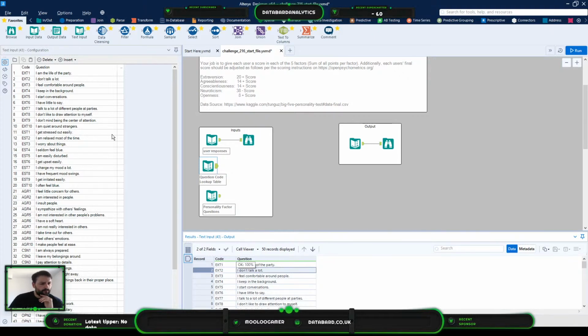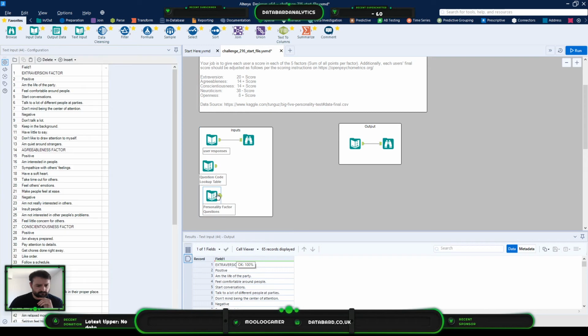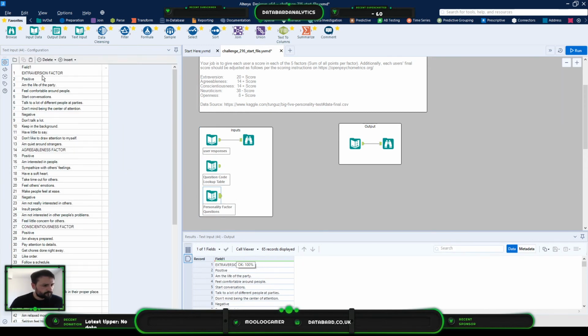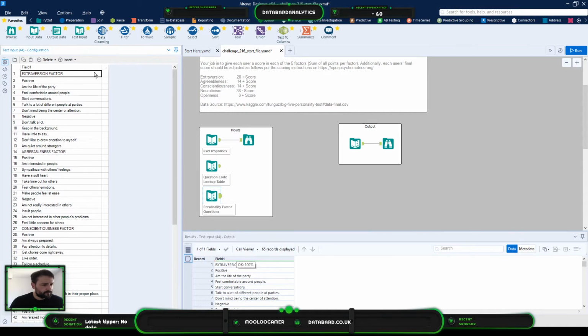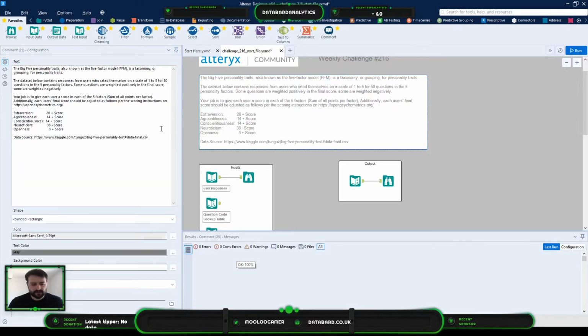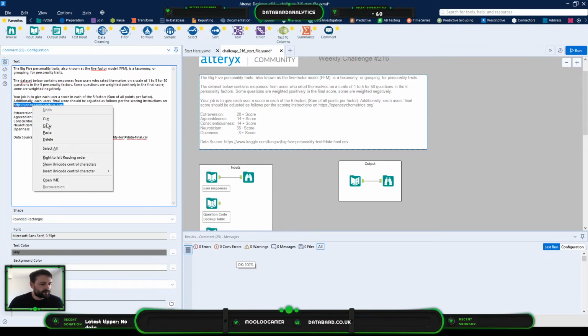So do we need to, if we look at the personality factors, yeah, so I've got the factor, positive or negative. Okay, there, that's what I'm missing. So we need to go to openpsychometrics.org, copy,